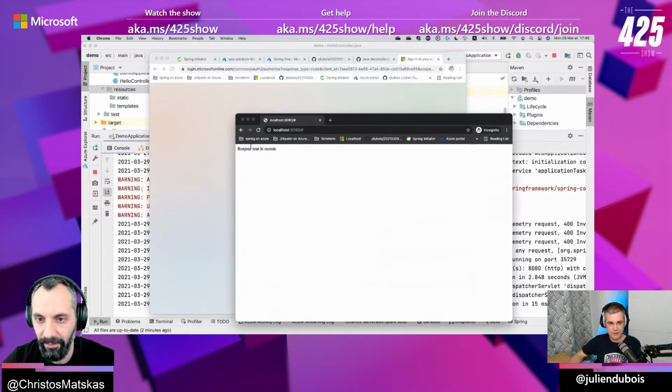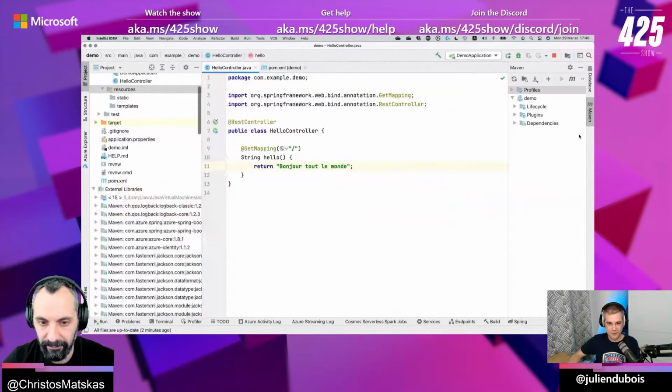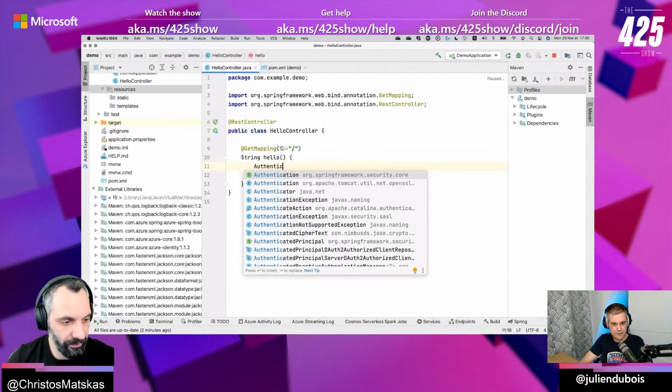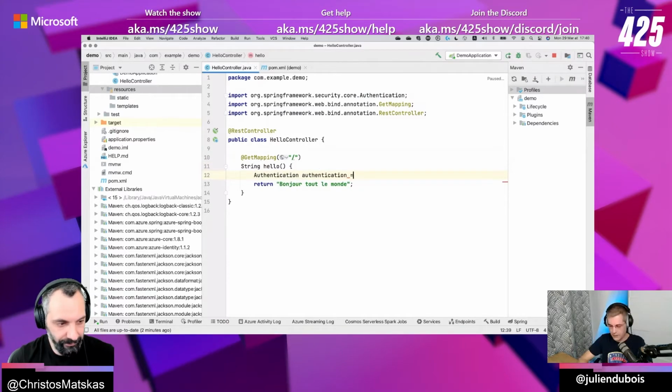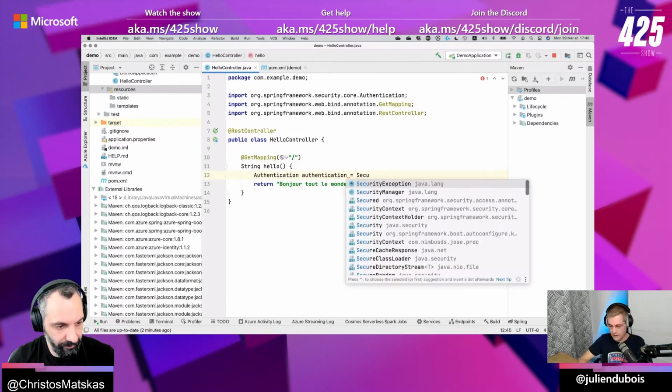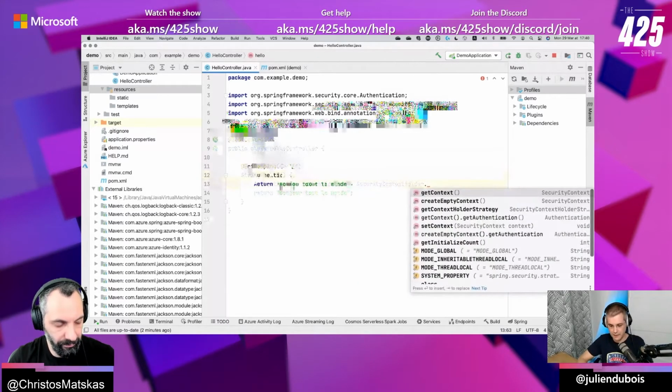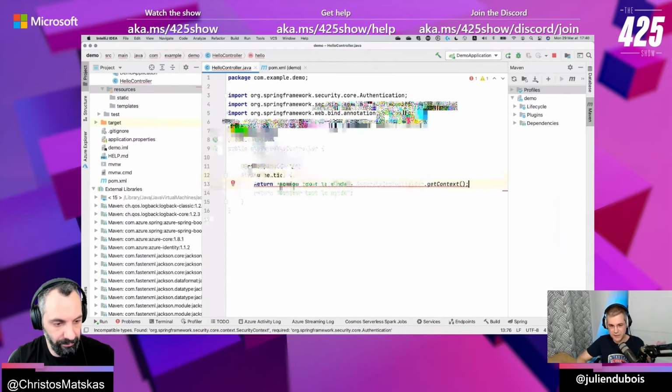Now we can have a look a little bit at what Azure AD provides me, because here we're just going to a web page. It's not really fun. We can do a lot more here. The first thing we can do is that Spring Security gave us an object which is called Authentication. It has a utility method for this: SecurityContextHolder, here it is, and I can get it. So this gives me basically the Spring Security context.